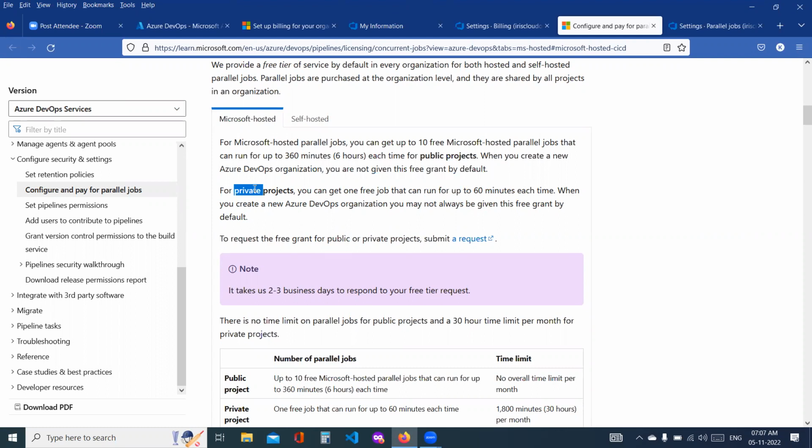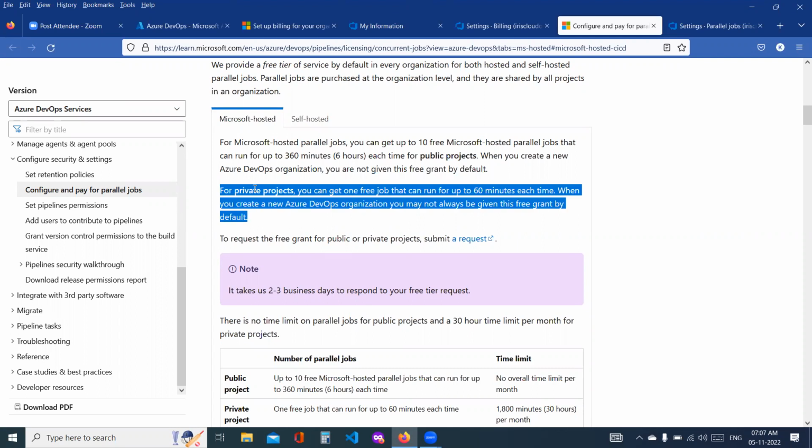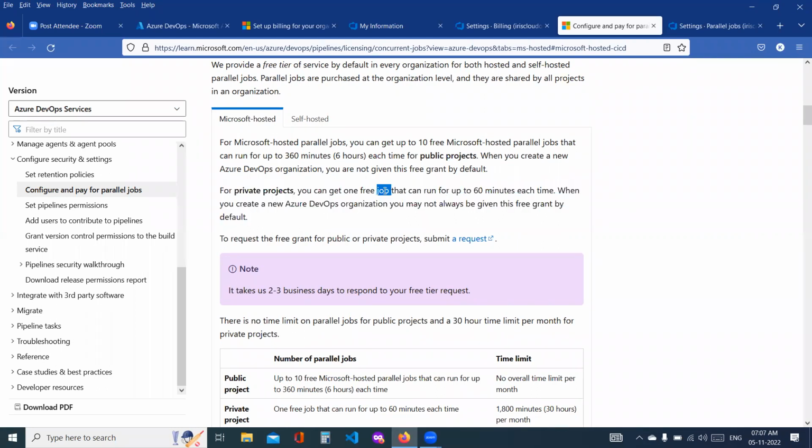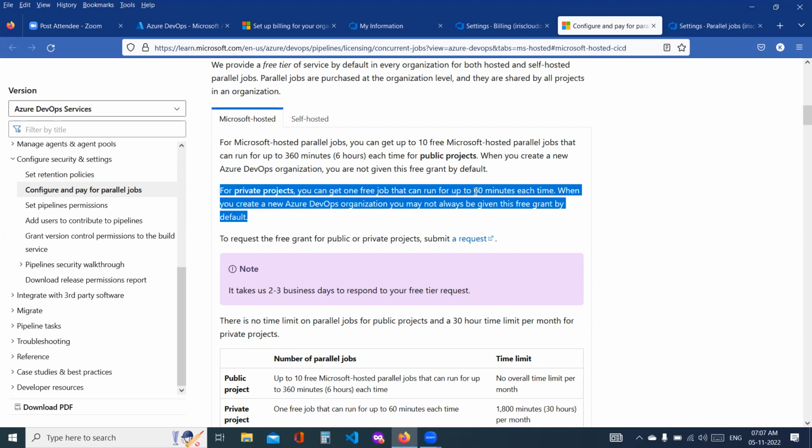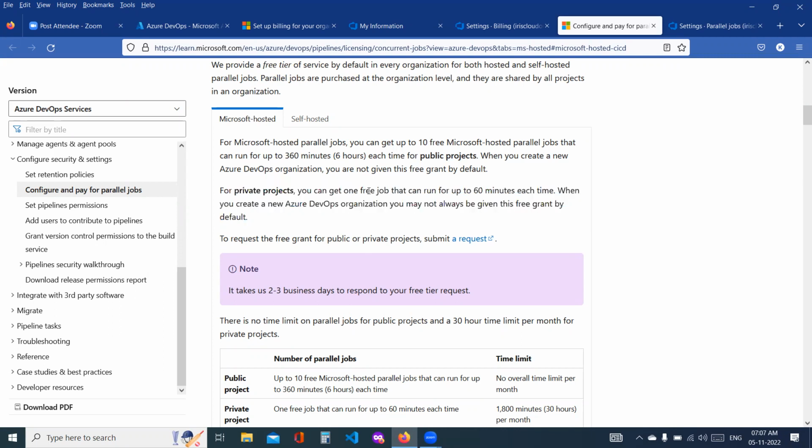But for a private project, not a public project, you can get up to one free job. That is only one job that you will get, that can run 60 minutes each time. For now, there's one job given to you, and that job will run for 60 minutes. So in that 60 minutes, I have to accommodate all my jobs, all my builds. So to request this,